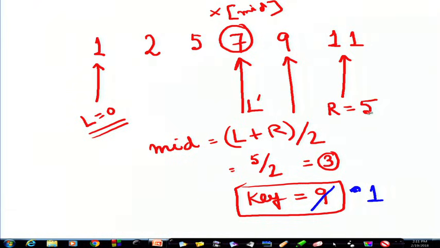In that case, I will shift this R over here, so R will be the mid. Next I will restrict my search to this half and forget about this half. That is how, at every iteration, we break down the entire array into halves.